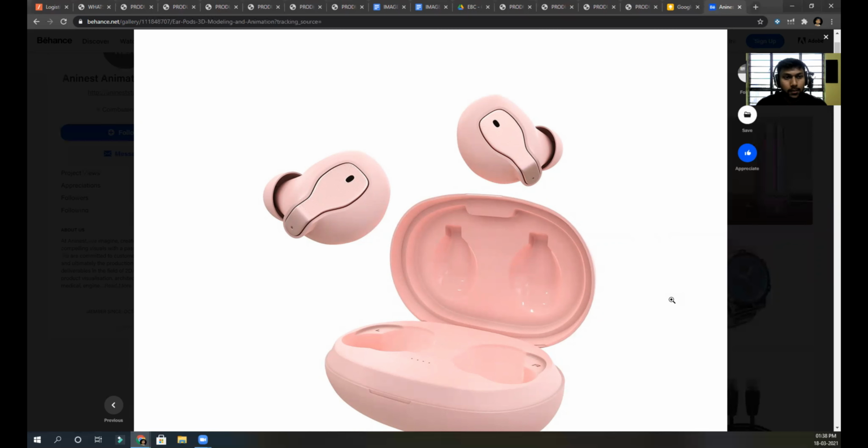So I have now created a whole system for how images work, but it took a lot of time for me to think of that, and obviously a lot of money to test and do everything. But right now, it looks like I have cracked the whole system regarding the main image, the rest of the images, then A plus content, then product videos. I do not do any kind of professional product videos that only show the products and all.